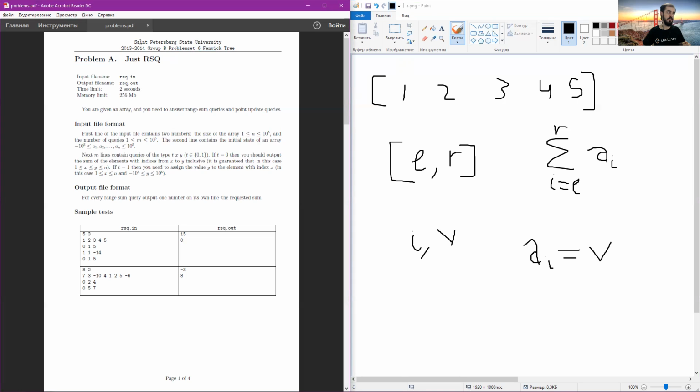I have translated a very good preparation material by St. Petersburg State University. It's from the 2013-2014 season, and it's pretty good. I mean, you can still solve it in some kind of gym on Codeforces. Keep in mind that all the gyms on Codeforces are pretty slow in testing. So you may need a couple of minutes while your submission waits in the queue,